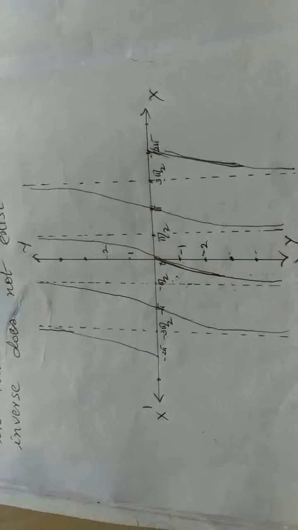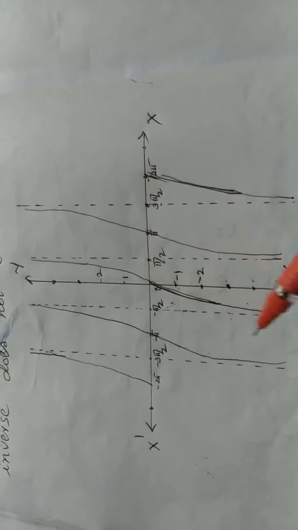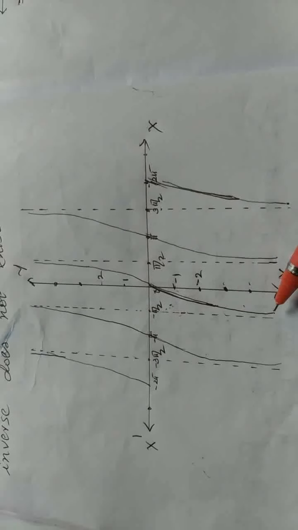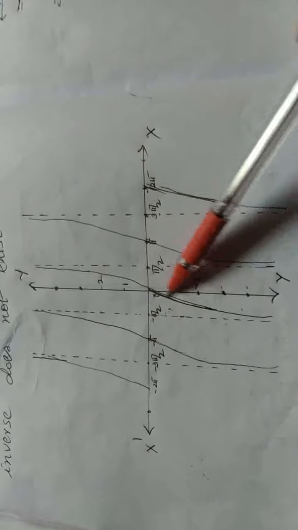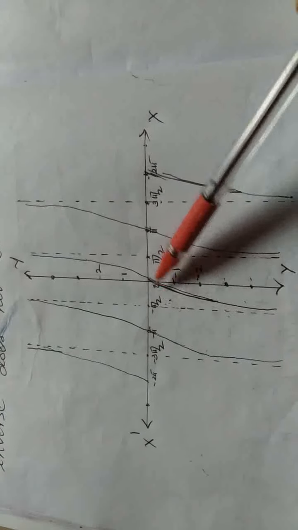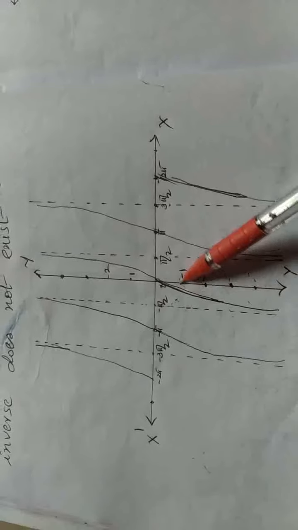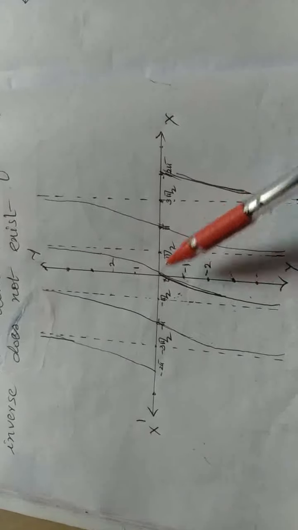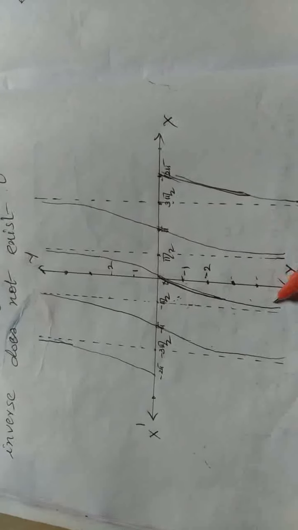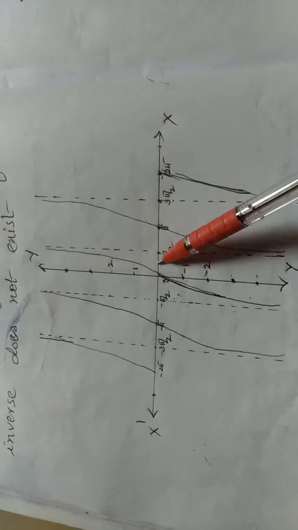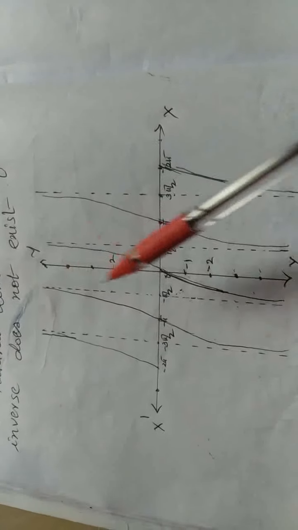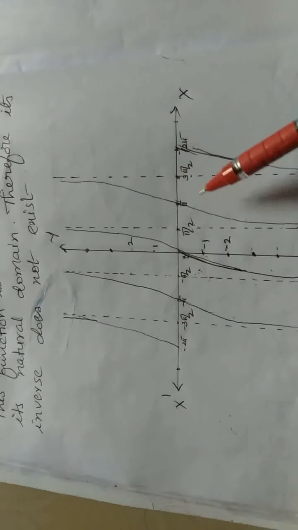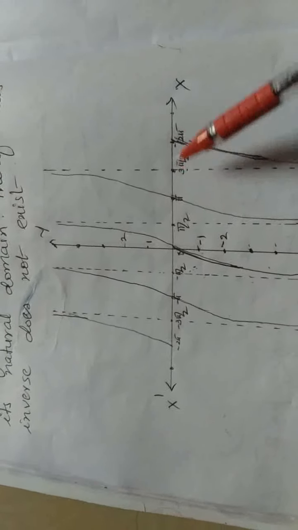Now, if we restrict its domain to the interval, look at this, from −π/2 to +π/2, it goes from minus infinity to plus infinity. Okay. This function becomes one-one as well as onto within this area, means −π/2 to +π/2. No two elements of your domain have the same images. Therefore, it is one-one as well as onto, means it is a bijective function.